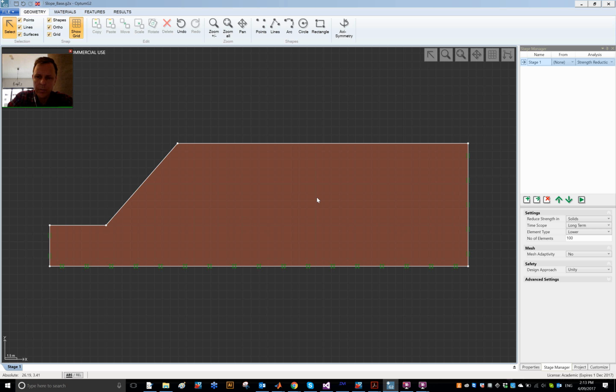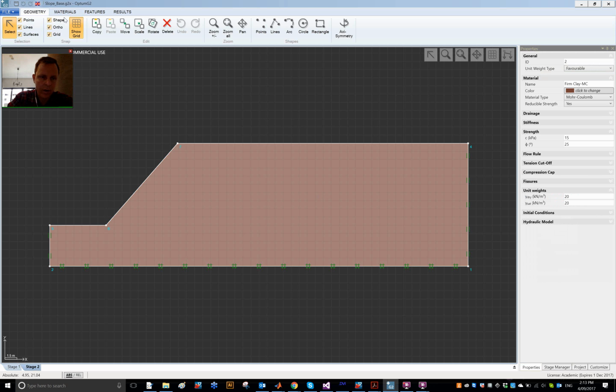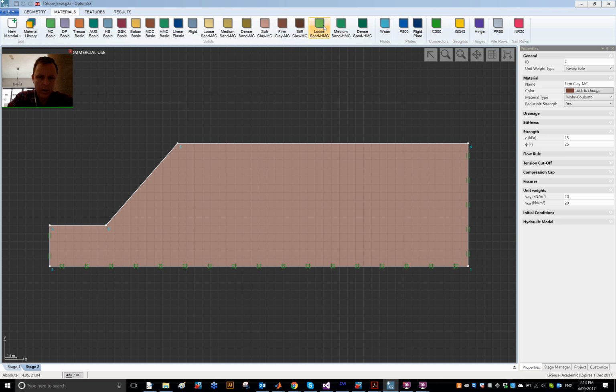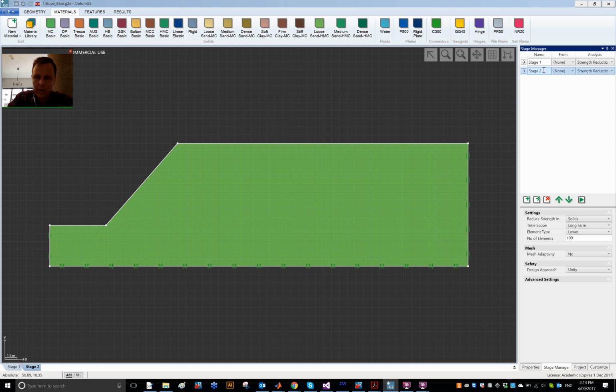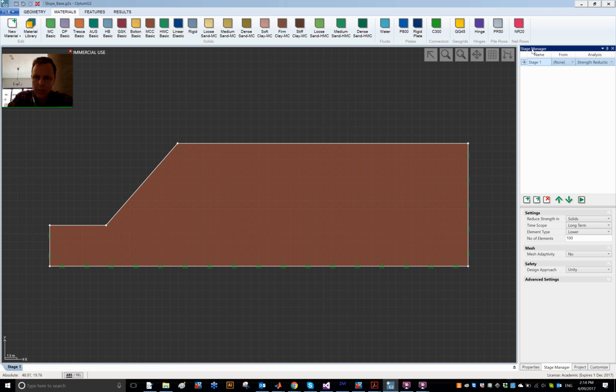And what you could do is, of course, clone the stage and use another material with another friction angle, then run the stages like that, record the results, and eventually plot up, say, the factor of safety versus the friction angle. So that's one way of doing it. A smarter way of doing it is,